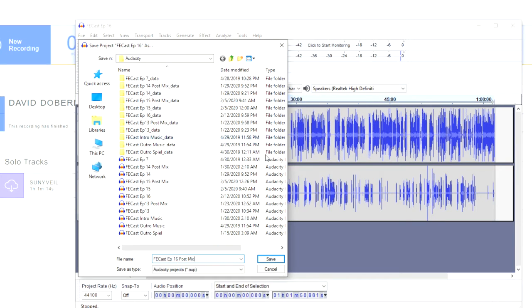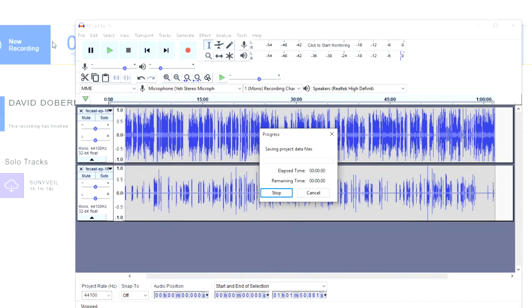So in order to not repeat this process, I always save a second copy of this post-mix, and call it episode 16 post-mix. The other one has just the edited files, so that if we need to change the balance or whatever, we can go back to having the 2 separate tracks. But having everything be one track definitely helps a lot here.